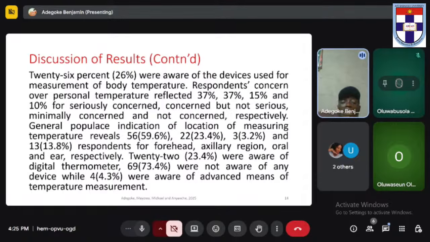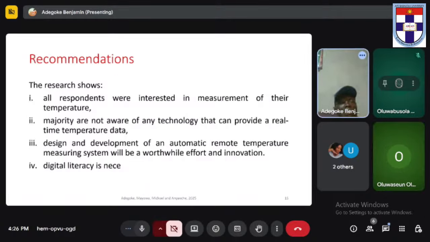23.4% were aware of digital thermometer. 73.4% were not aware of any device. 4.3% were aware of advanced means of temperature measurement. And in this conclusion, sir,